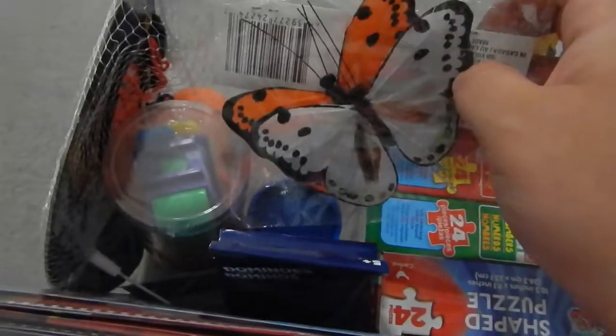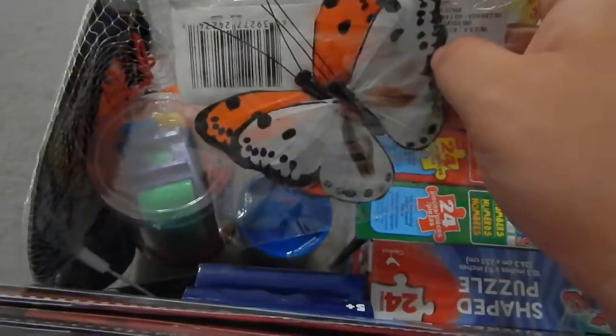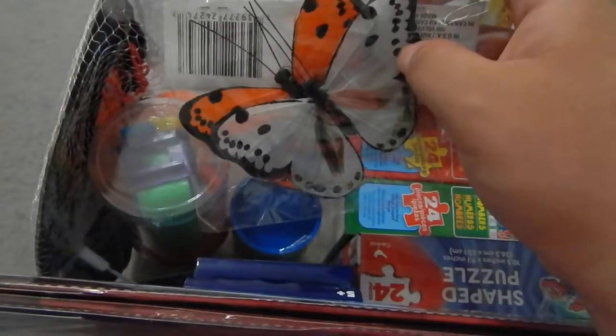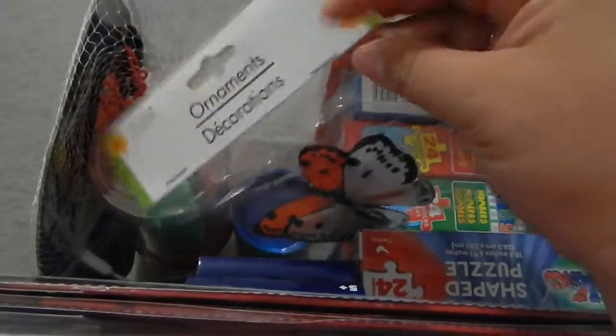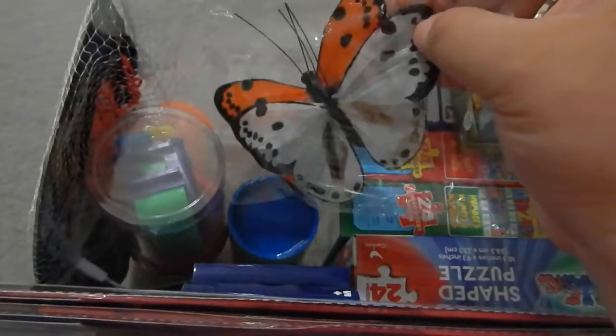Got marbles. I thought they'd be good to play with. I also got these butterflies. He's very into bugs lately, and I thought these butterflies would be a good teaching opportunity. In his homeschool curriculum at the moment, we are actually learning about the insects